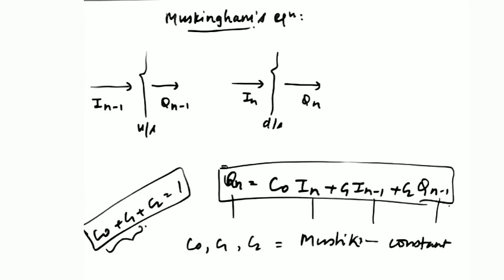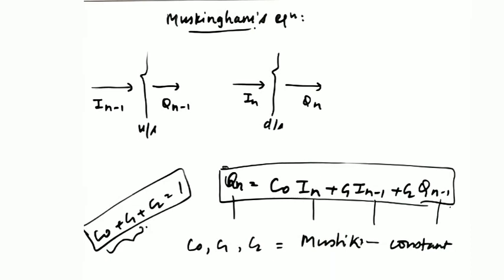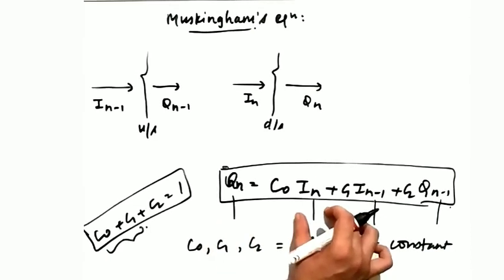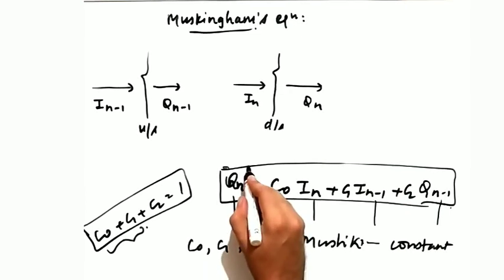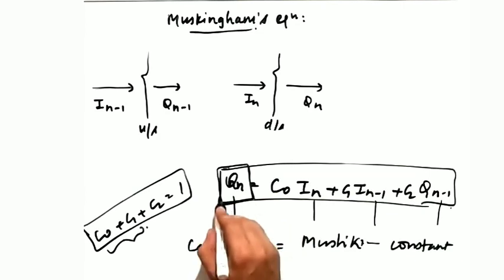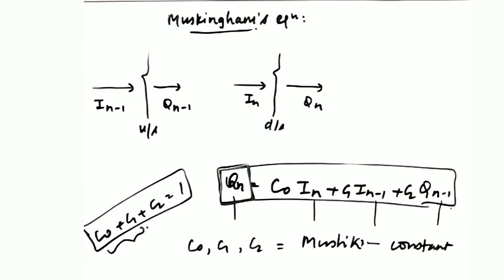Any of these constants can be negative, any of these constants can be positive, depending on the channel. It depends purely on the channel. These constants depend on the channel. So you can calculate the value of Q n using this equation, or you can calculate any other missing value. If the value of Q n is given, it can ask you the value of I n or I n minus 1. But generally, this method is used to calculate the value of Q n. This is called channel routing. You have to calculate what discharge will be flowing through the channel at the downstream face at the nth hour. This is called routing.